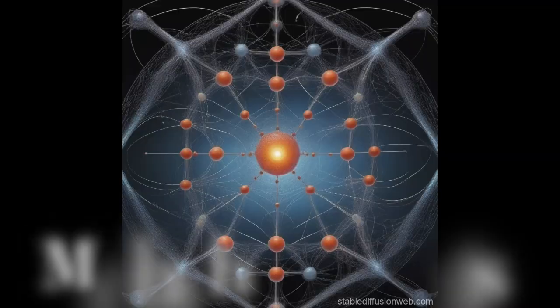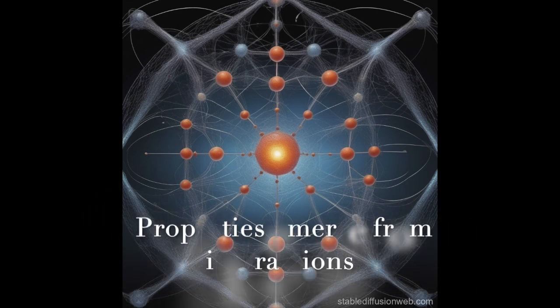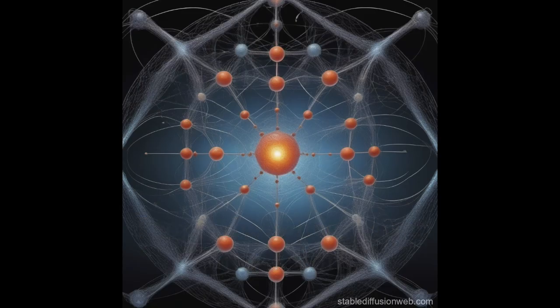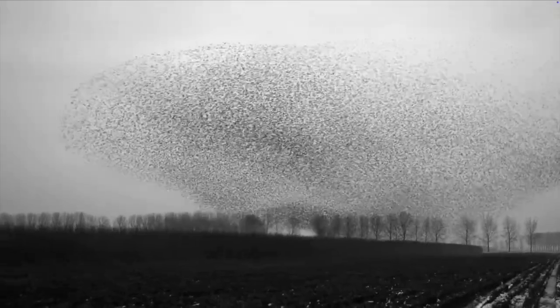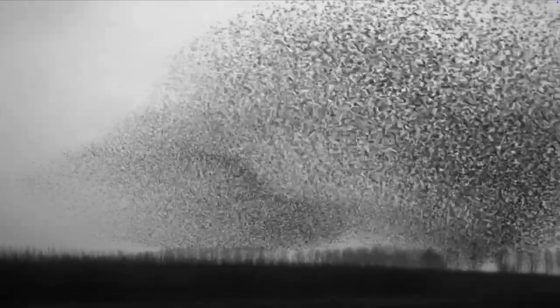In complex systems, the whole is more and different in quality from the sum of the parts. And properties emerge from the interactions between this entity and that entity, or this process and that process. Behavior can shift suddenly and unpredictably, just as this flock of starlings is self-organizing itself in flight without anybody being in control.